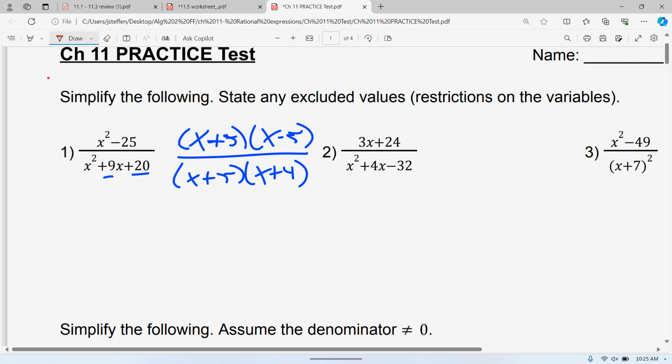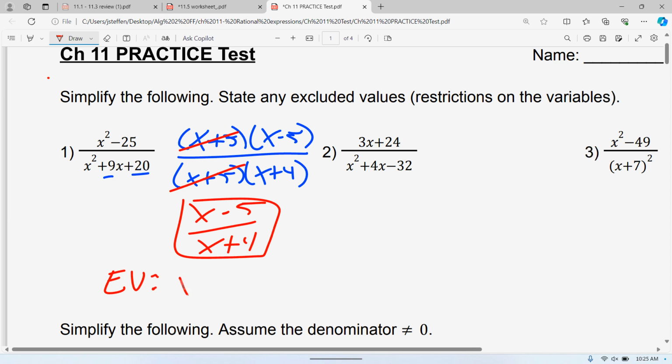So anything that you have that is exactly the same in the numerator and denominator, you can cancel. So x plus 5, x plus 5. You're left with x minus 5 over x plus 4. That is your answer. As far as your excluded values,